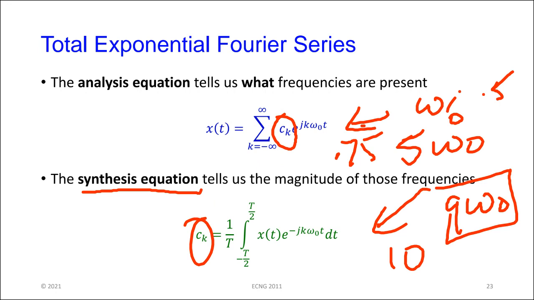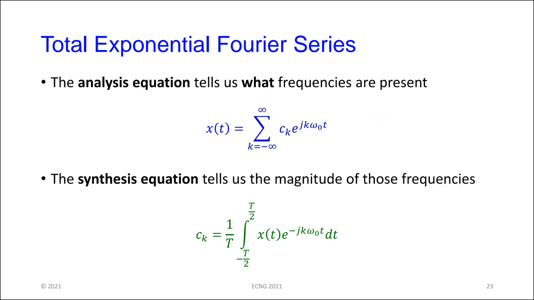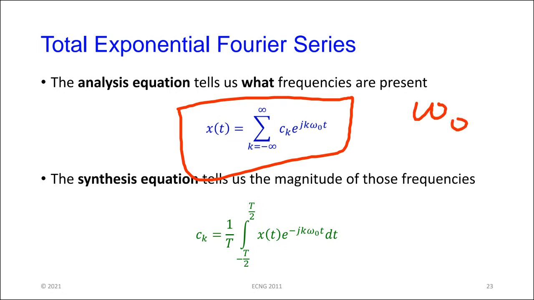Having decided that we're going to use the more compact form, the reason is that the more compact form resembles something that we are already familiar with, which is the Laplace transform. The Fourier series has two parts. One, the analysis equation, which is the summary equation, if you like. This one summarizes what the behavior of any periodic signal is. It is going to tell us something in terms of the periodic signal's fundamental frequency. So it's going to tell us that the periodic signal has a C naught plus C1